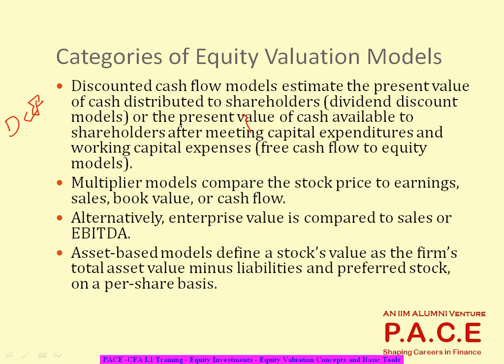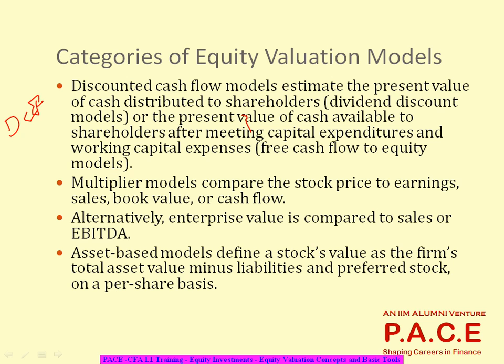So the cash flows typically are the dividends, right? But as an alternative to dividend, there are a couple of other things people have come out with. So that's how the different models have come out. But as such, when we are talking of discounted cash flows, I have to identify what cash flows are going to come to me in future because of investing in this particular security, discount them to the present value, and say that this is the maximum amount I am willing to pay to purchase that particular share.